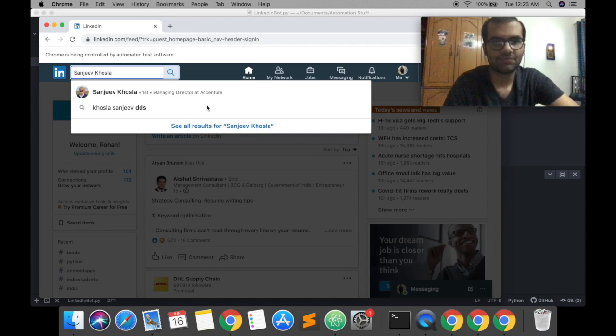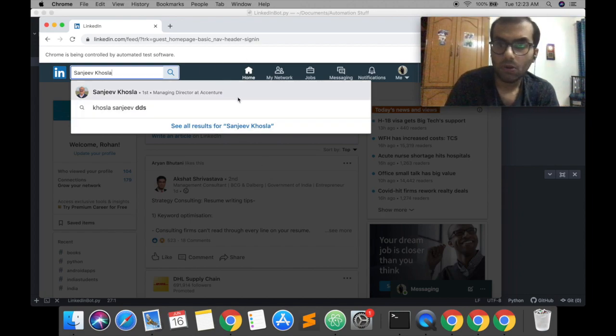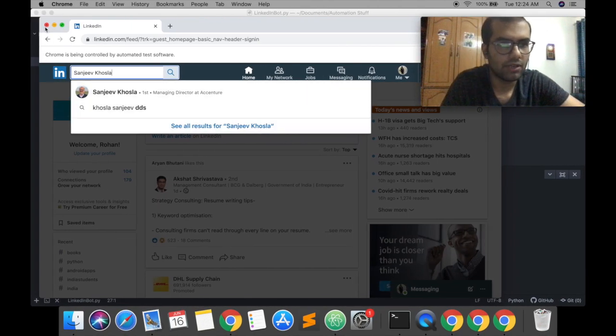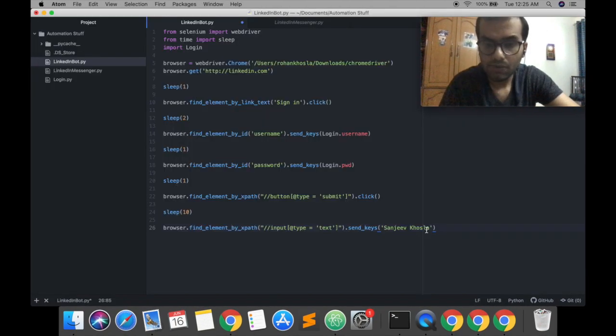Cool. So it's writing there, it's writing my dad's name there. But what we need to do is make this press enter to select the name, and that's exactly what we'll do. So we'll come back to the program, we'll close this window. How do we press the enter? We can't just send keys and write enter, because that won't work. It won't press enter. That will be done by importing something else.